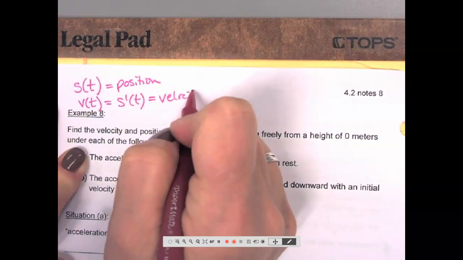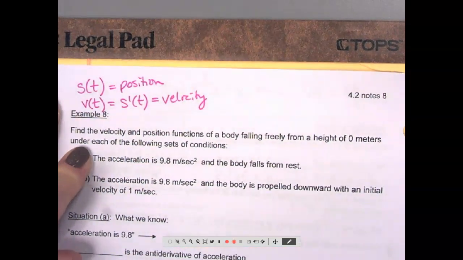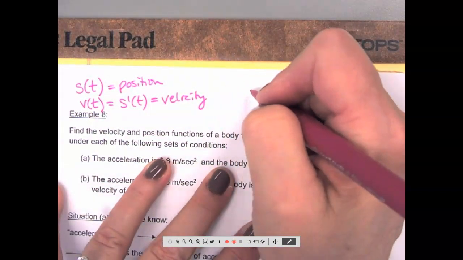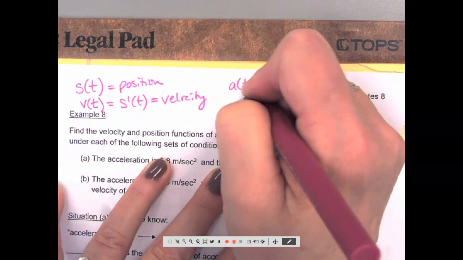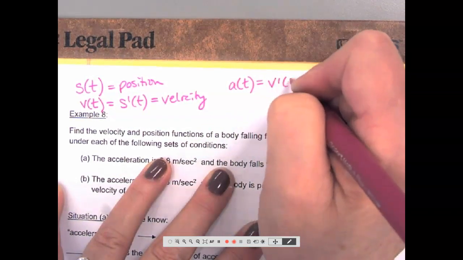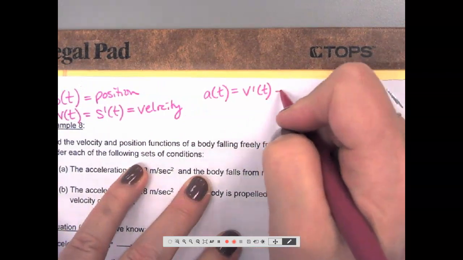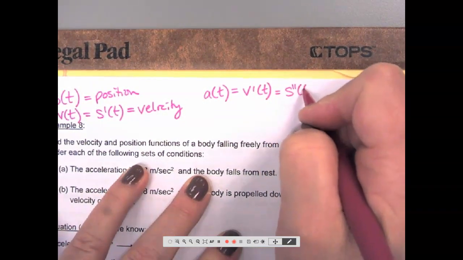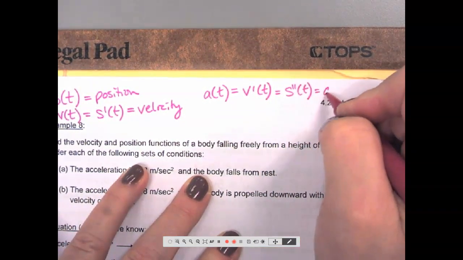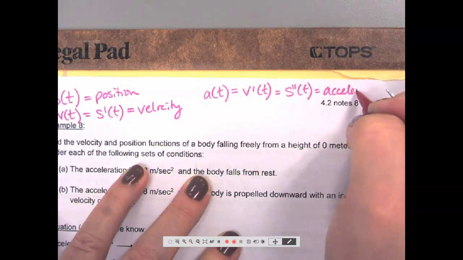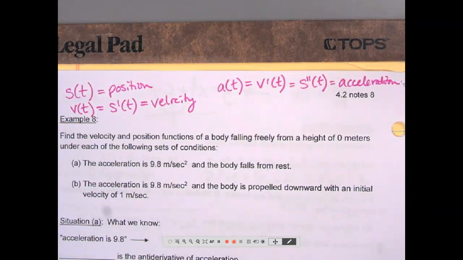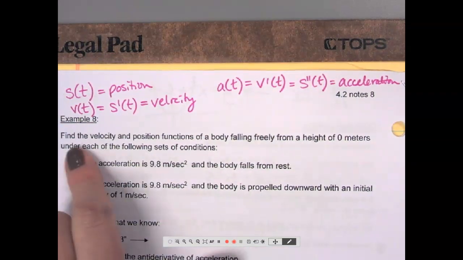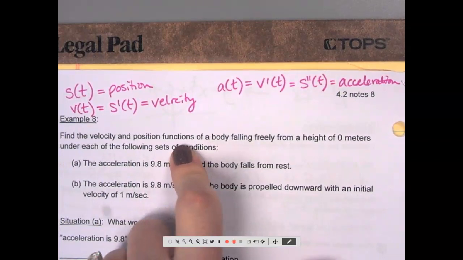And that will be our velocity. Okay, well, if I take the derivative of velocity, what do I get? Acceleration is the derivative of velocity, or the second derivative of position. And that is acceleration. Okay, so we have to keep in mind those relationships here. So that's what we want to find, the velocity and position functions